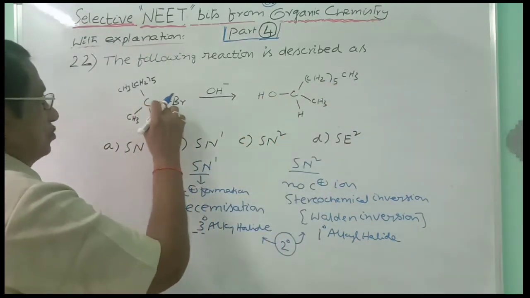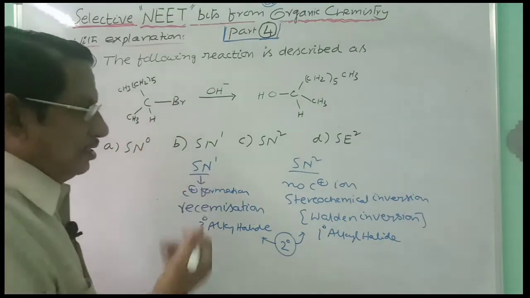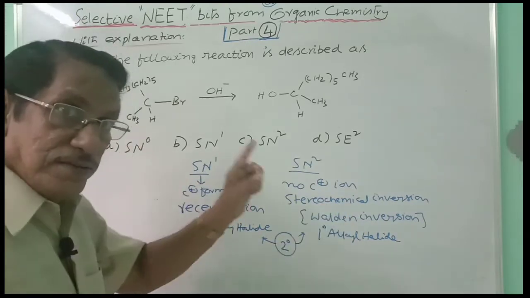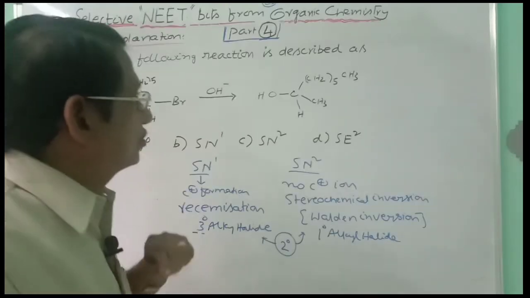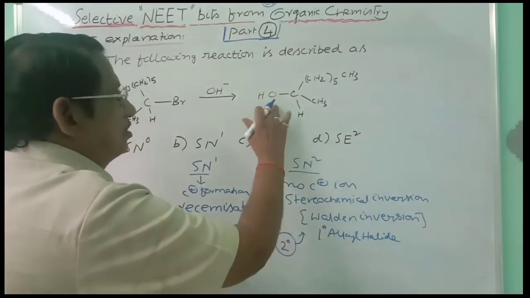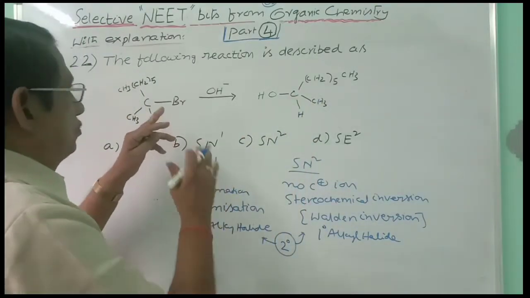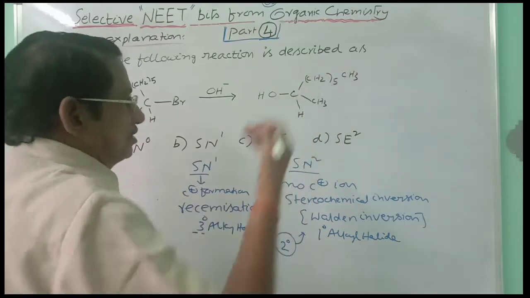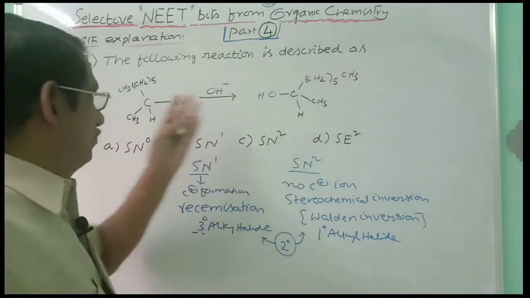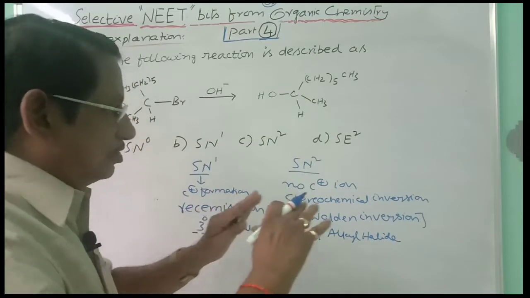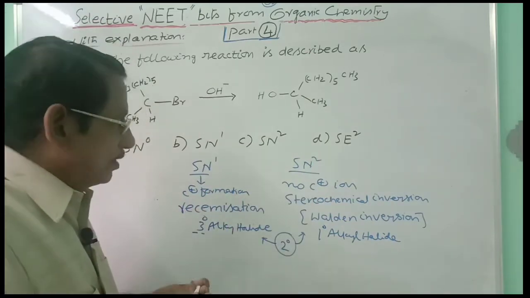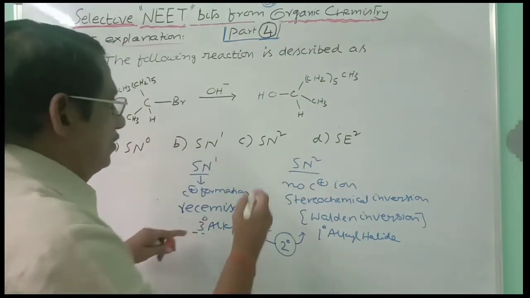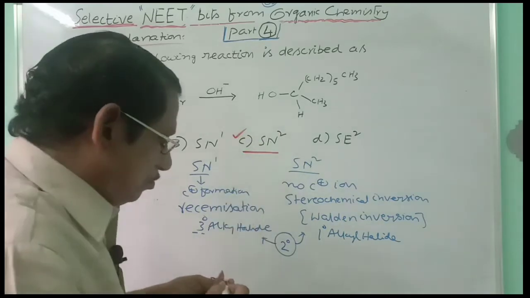Actually, the carbon to which the halo group is attached is carrying only one hydrogen, which means secondary alkyl halide. Secondary alkyl halide may be SN2, may be SN1. But in the given example, you can completely see that stereochemical inversion is taking place. OH is taking the place opposite to Br, and left side alkyl groups are converted to right side. If it is dextro, that will be levo. If it is levo, that is dextro. Complete stereochemical inversion is taking place, so that is only in the case of the SN2 mechanism. So what is the correct option here? This is an example of SN2, so the correct option is SN2.